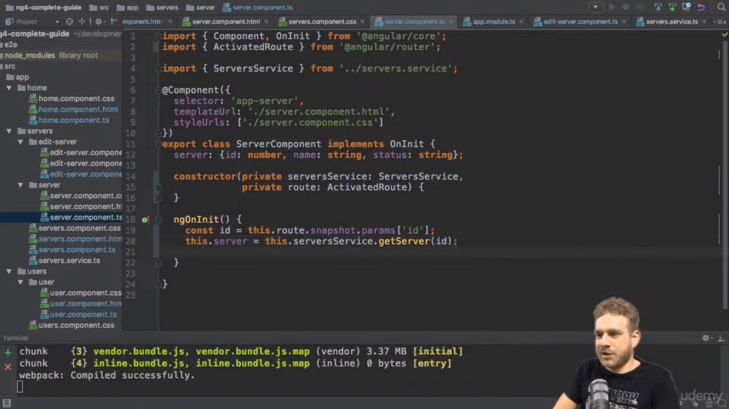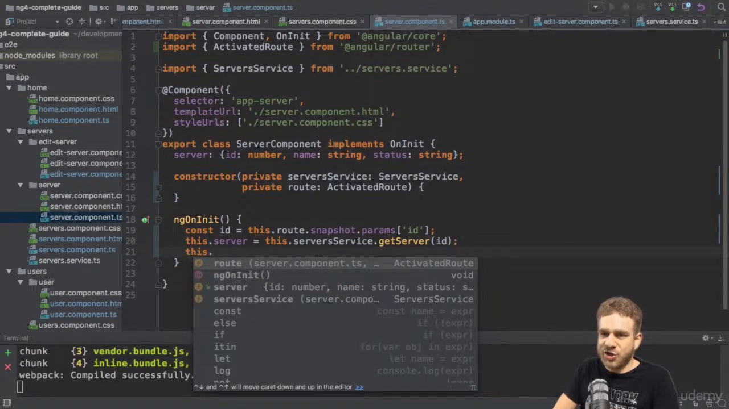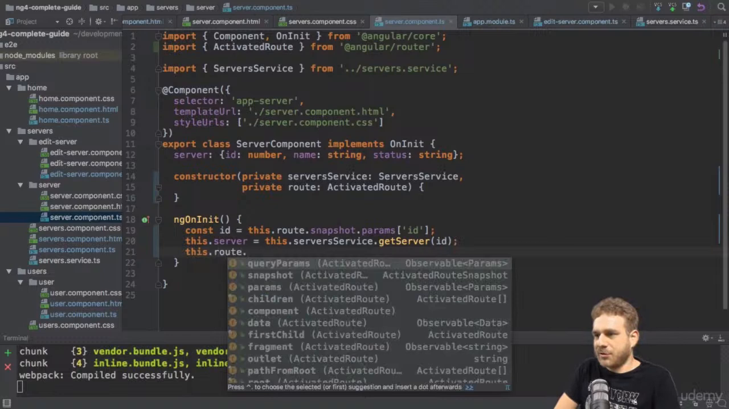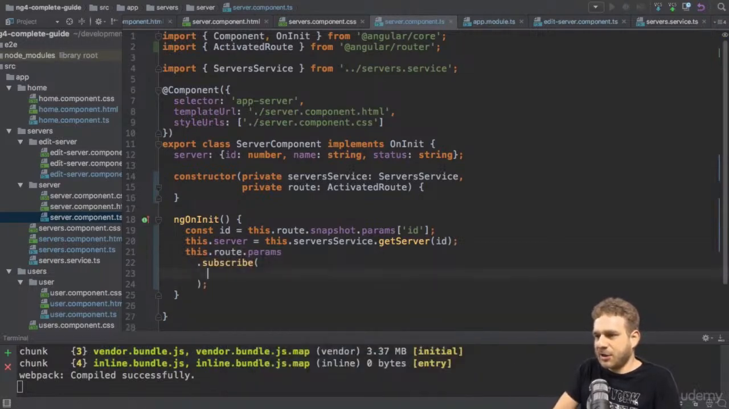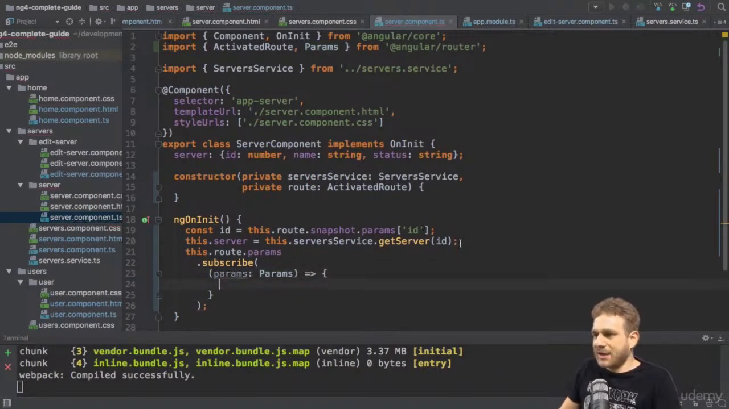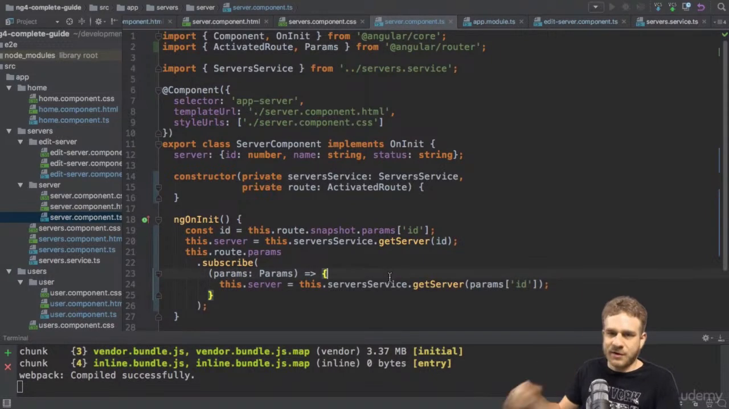Now, if you also want to react to any changes thereafter, you need to subscribe to your params observable here and basically do the same. You get the params here, which is of type Params. Make sure to import that from @angular/router. And once you get this, you can get a new server whenever your params should change. So here you could then access params ID like this to update the server whenever it changes